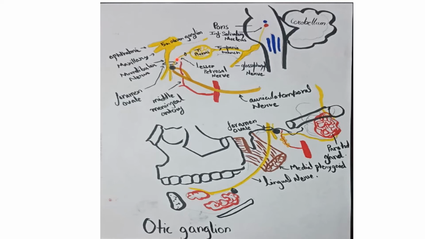All right, so I've shown here the foramen ovale. Above is your trigeminal ganglion, from where the ophthalmic, maxillary, and the third nerve, the mandibular nerve, is coming out through the foramen ovale. Even the lesser petrosal nerve is coming out, and over the mandibular nerve is your otic ganglion, and the branch from this lesser petrosal nerve goes into the otic ganglion as preganglionic fibers. The fibers synapse here, and there is an origin of a postganglionic fiber. I hope you can appreciate this nerve here. Now let's trace it here. The postganglionic fibers arise as the auriculotemporal nerve. They go into the auriculotemporal nerve, right?